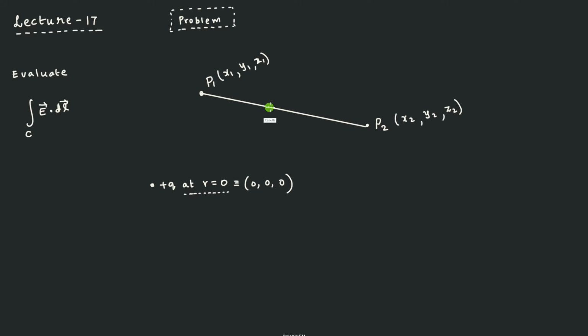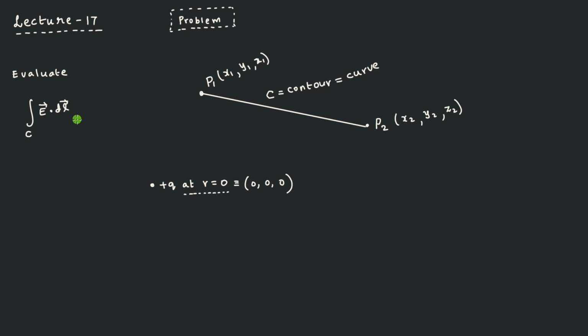If you consider a straight line joining these 2 points, then that will be a C. I will write down that this is your C. So we say that this is the contour. Either you can say that it is a contour or it can be a curve. So remember that a straight line is also a curve. A straight line is a special type of curve. You should not think that there should always be a curvature. It's not compulsory. So a straight line is the simplest form of a curve.